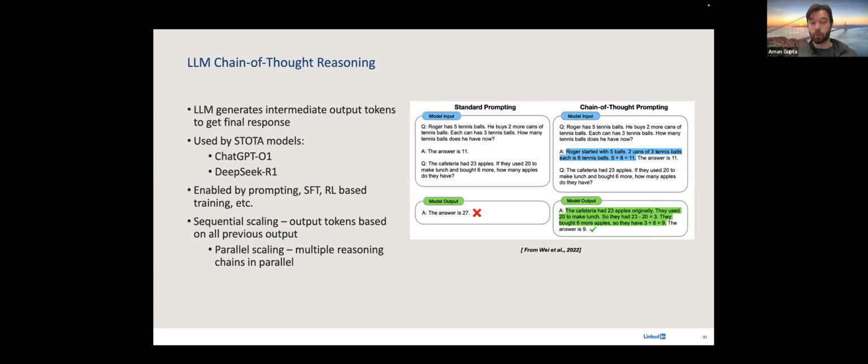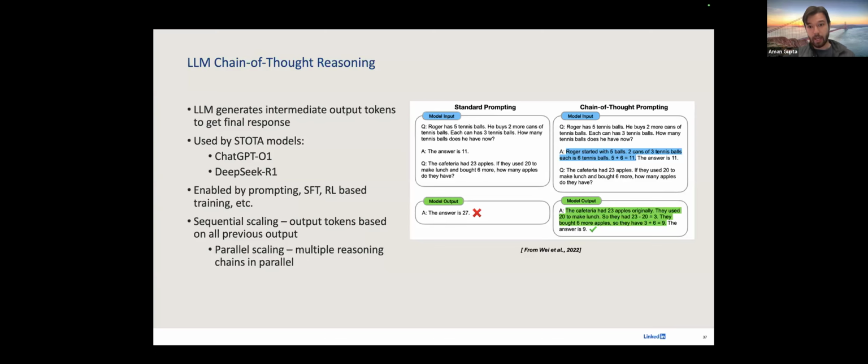Newer approaches have been used where the model will not only output its final answer, but try to output its reasoning along the way as well. This is beneficial since it allows for scaling of computation at test time, leading to more accurate answers. On the right is an example of what this could look like, where if you have a math word problem, instead of going directly to the final answer and potentially getting it wrong, with chain of thought reasoning the model outputs its intermediate calculations, and then due to its autoregressive decoding can leverage those intermediate steps while going to the final